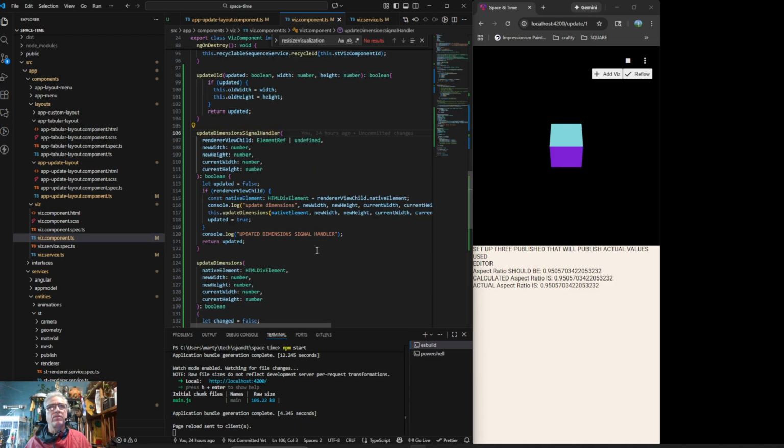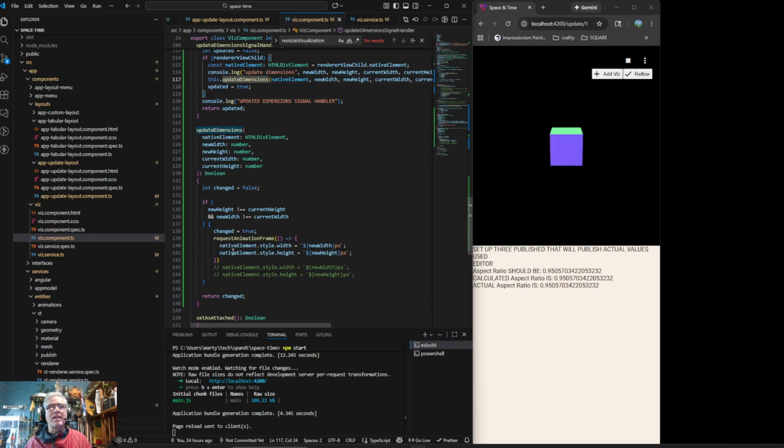Go to the dev, and then it calls this update dimensions, and that's this one. And that's supposed to update the width and height to this width and height. And I thought yesterday we saw that that was working, but it appears that it is not working. So